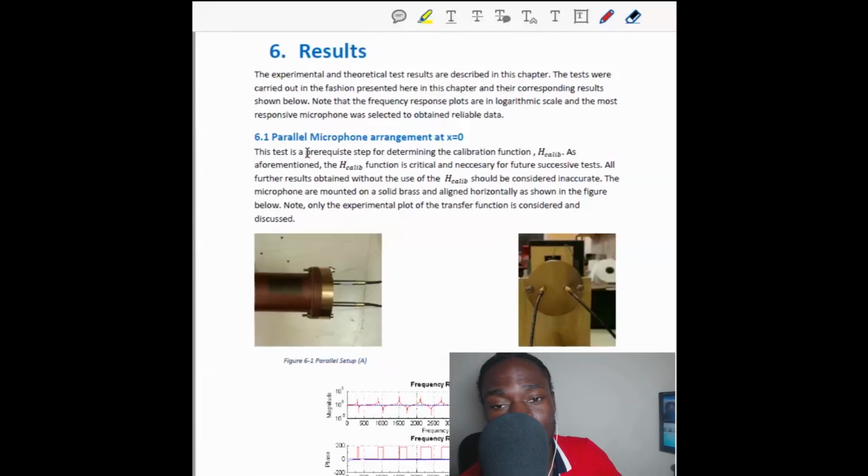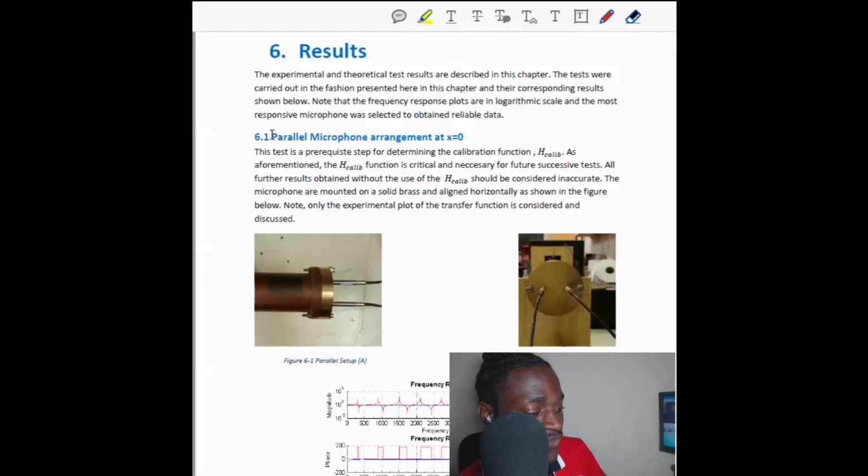Then the results. I think this is the big part that most people struggle with. With the results part, I'm not saying this is right and 100% correct. It's going to depend on your supervisor and stuff like this. But the way I did it, and the way my supervisor encouraged me to do it, is that the results section is essentially you presenting what you did for each test and